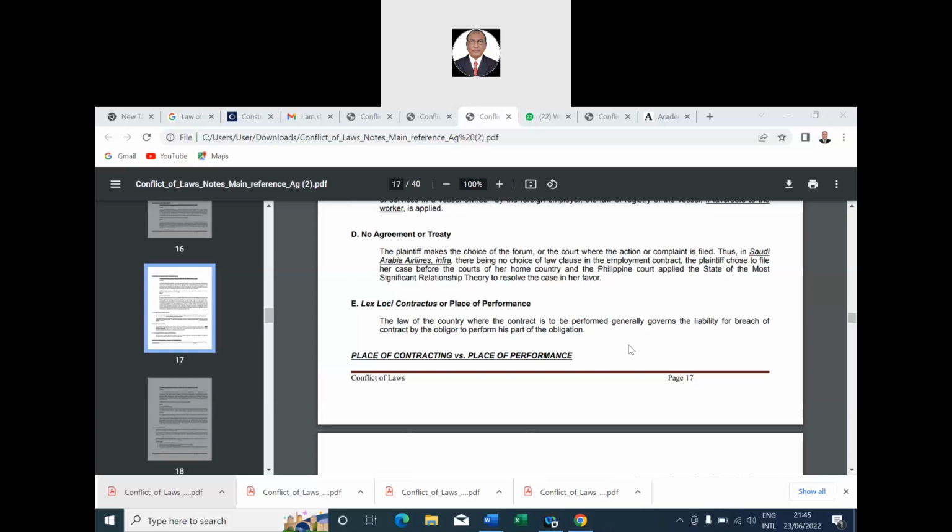Place of contracting versus place of performance. Place of contracting means where the contract is wound up or made. Just before that, I gave the example of a Tanzanian and an Indian, and the Tanzanian went to India to sign the contract. That is the place of contracting. Is it clear? Yes, sir. And I told you the contract should be executed in Tanzania. That means the place of performance of the contract is